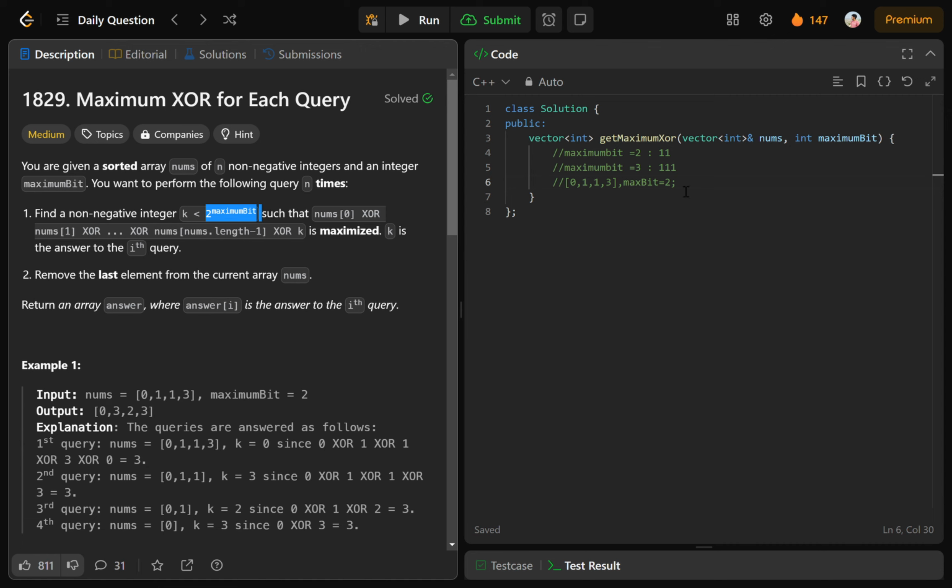So if I have maximum bit 2, then 2 to the power maximum bit is 4, and 4 minus 1 is 3, so I can generate 1 1. Also if I have maximum bit 3, then I can generate 2 to the power 3 minus 1, which is 7, so 1 1 1. So you can see by these examples, we can generate any number